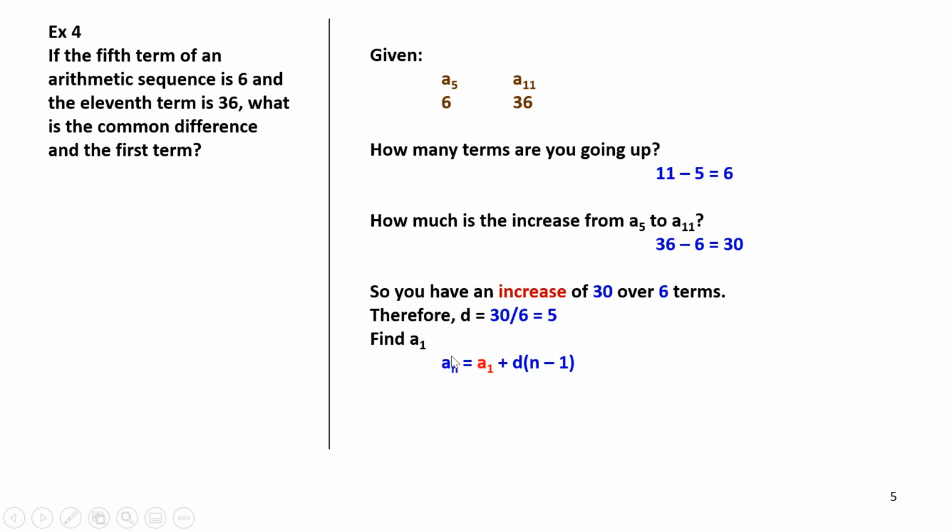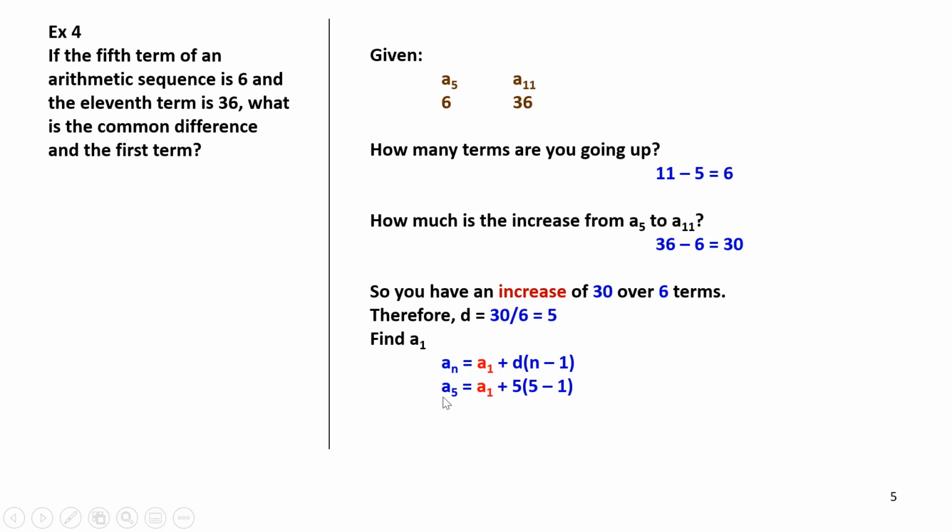Do I have an a sub n? I actually have 2 of them. I have a sub 5 and a sub 11. Those are a sub n's. Watch, let's plug them in. I'm going to use a sub 5. So a sub 5, remember if this is 5 down here, then this has to be 5 inside over here. So a sub 5 is equal to a sub 1 plus the difference, that's the 5 from here, times 5